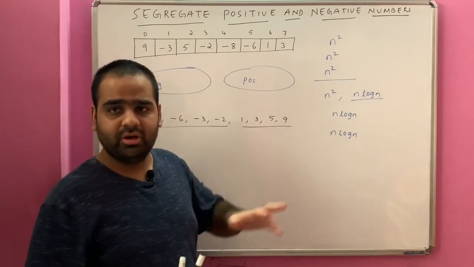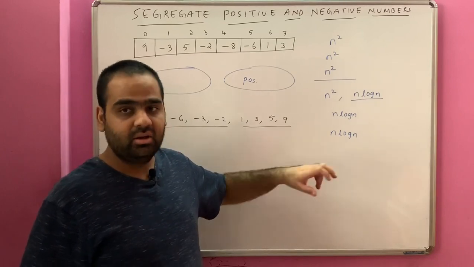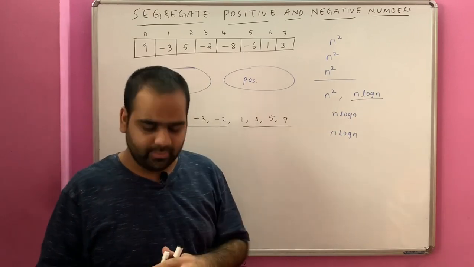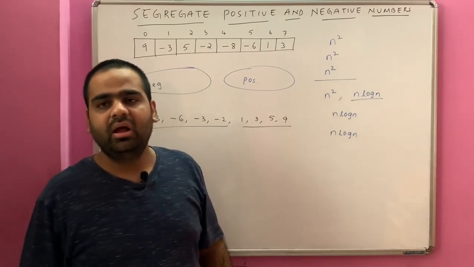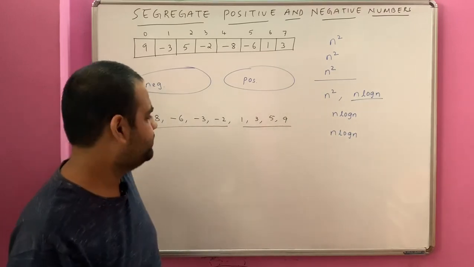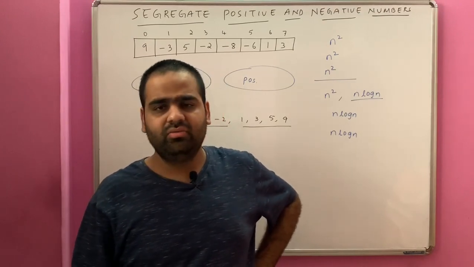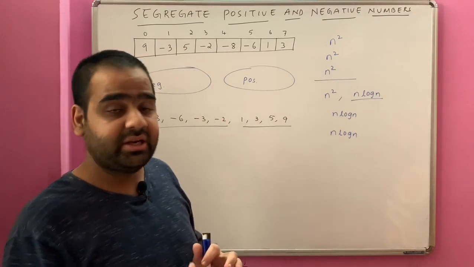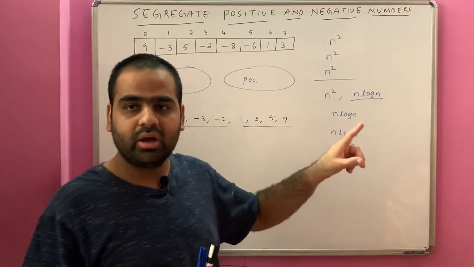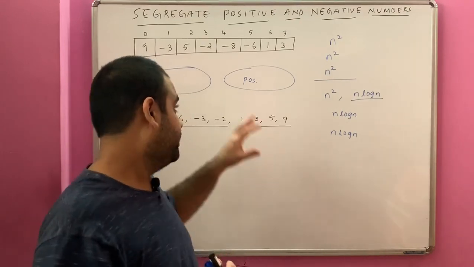Why quick sort? Because it does not use extra space. Even heap sort does not use extra space, but the number of swaps in heap sort is more. That's okay. You can apply heap sort or quick sort, and merge sort you can apply, but it will take some extra space. But anyway, time is n log n, right? That's a very simple thing. That means the least time which you can get by applying a sorting algorithm is n log n.